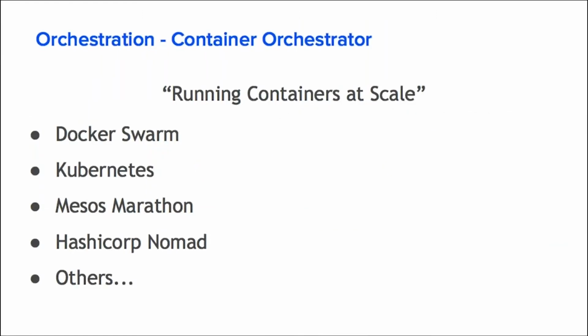Let's now talk about orchestration. So in general, orchestration is a way by which we can run containers at scale. With Docker daemon or with just containerd, we could run the containers on a single machine. But when you want to have a production environment, we would combine multiple nodes together and have a cluster. And on top of that, we'll deploy our containers at scale. There are different tools available for doing container orchestration, like Docker Swarm, Kubernetes, Mesos Marathon, HashiCorp Nomad, and others, using which we could run containers at scale.